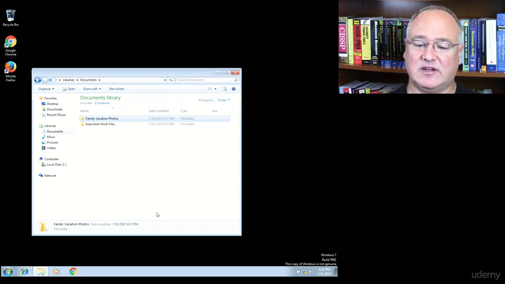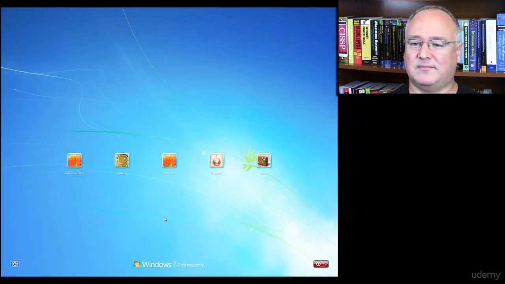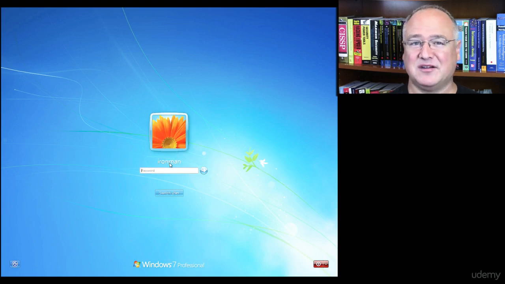Well, let's see that administrative level account, because I think I had some more files on this computer. Maybe I saved them as administrator and I didn't take time to reset that administrative password. Let's switch users by logging off and coming back in as Iron Man. And remember, Iron Man is a member of the administrative group. So if I use his password Jarvis,